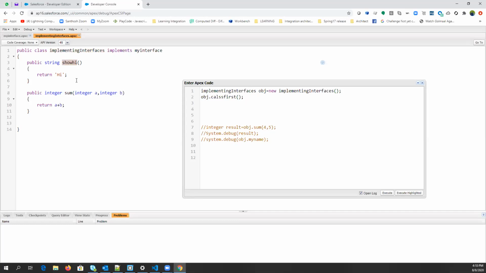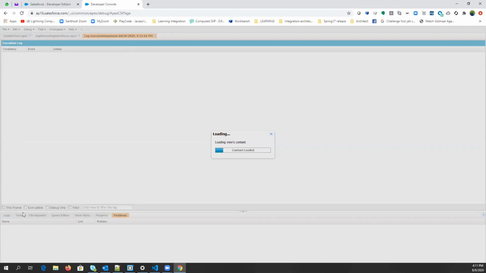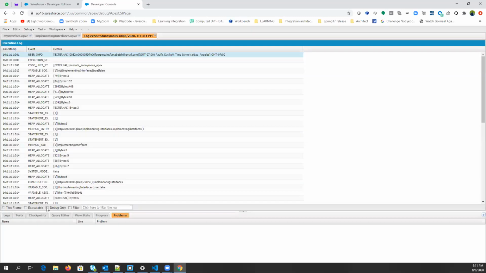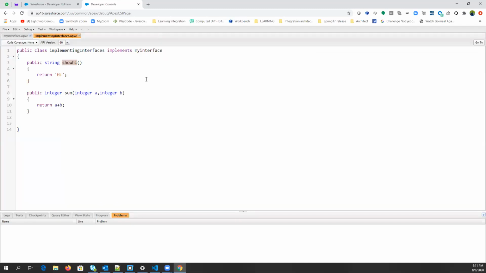Now you can use a method here. You can see hi is now printed, right?